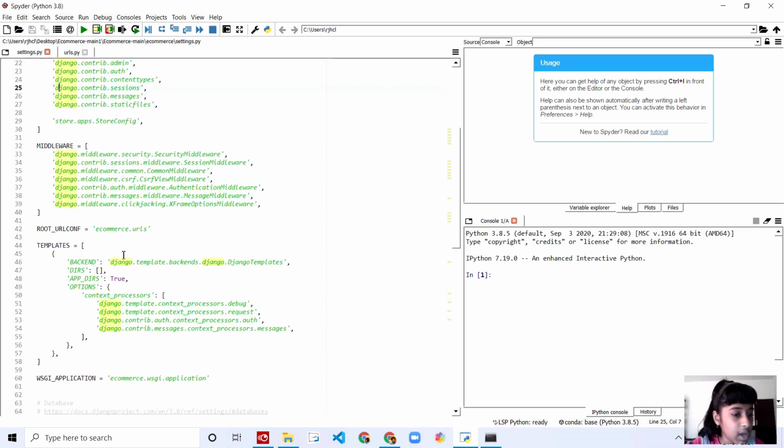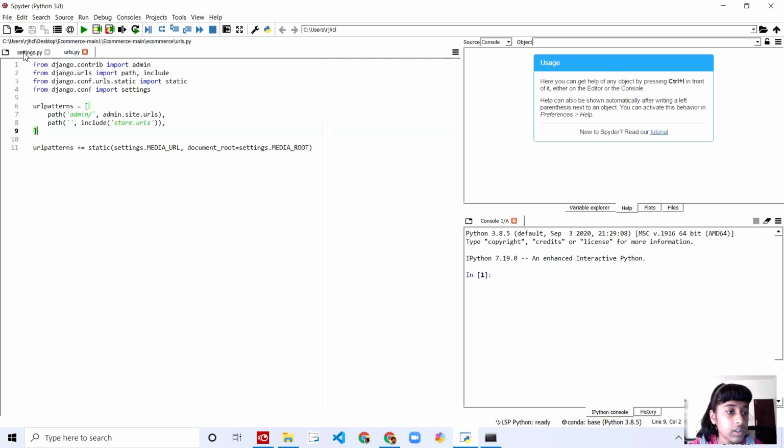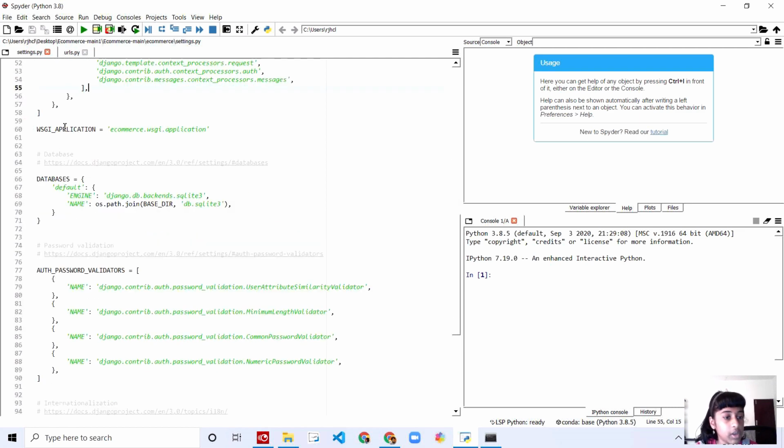And then I have the middleware, and then we have the root URL configuration that I've set to the e-commerce URLs, where we get all the URLs. And then I've put the templates for the backend. I've called the Django template backends. And then I've set this to an empty list, and I've set APP_DIRS to true. And here for the context processors, that's going to be debug, request, auth, and messages. And then I've put the WSGI